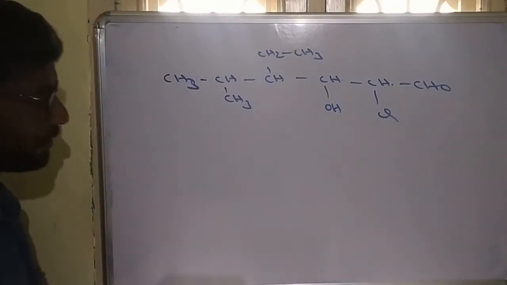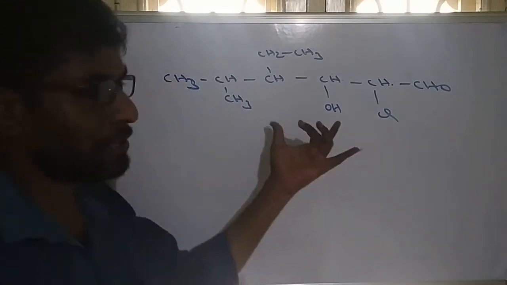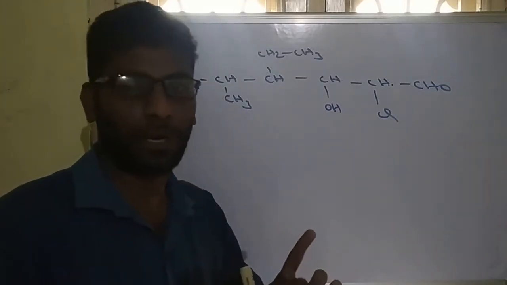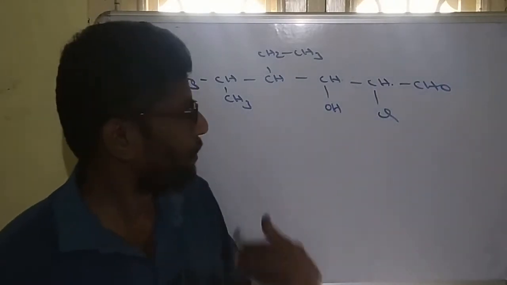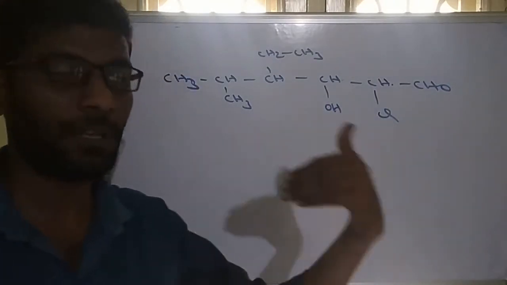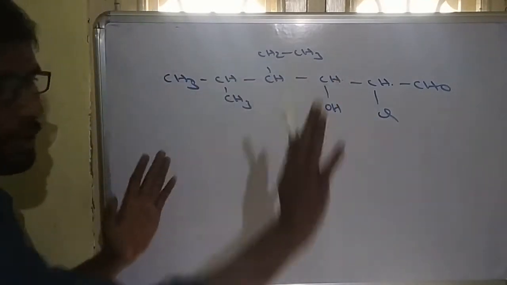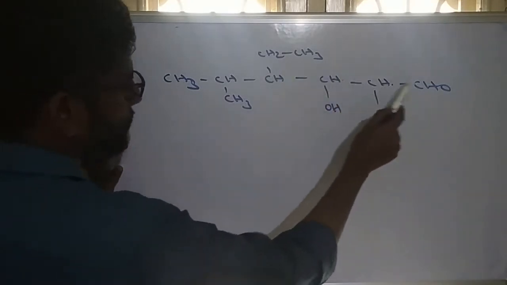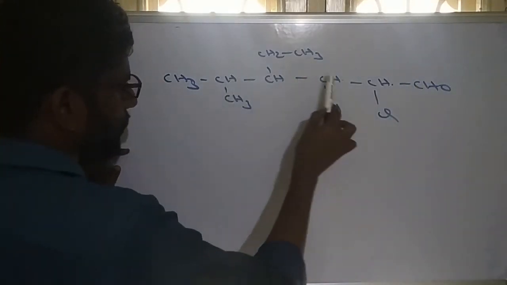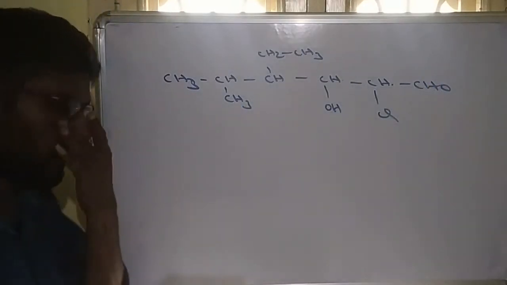So this is the molecule, and we have to write its IUPAC name. Whenever a molecule is given, just imagine the rules. The first rule is we have to identify the root word. Root word means the number of carbon atoms in the longest chain having the functional group. So count the carbon atoms; any longest chain we can take. Suppose we are taking this one: 1, 2, 3, 4, 5, 6. Or 1, 2, 3, 4, 5, 6. Or 1, 2, 3, 4, 5, 6. So any of these is the longest chain.